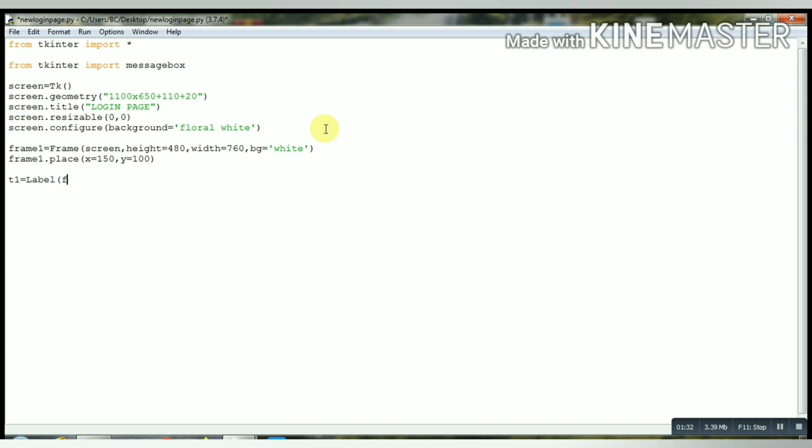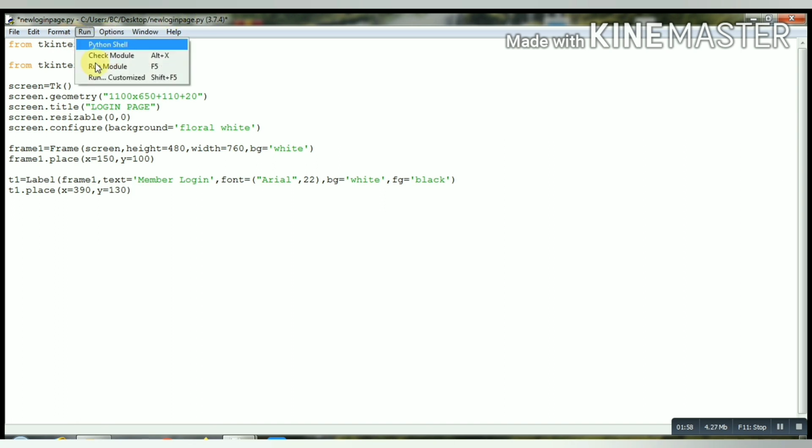And we will write a text, t1 label in frame1, text equals member login, font Arial 22, background white and foreground black. Place it at t1.place x equals 390 and y equals 130. Now run and see how it looks.